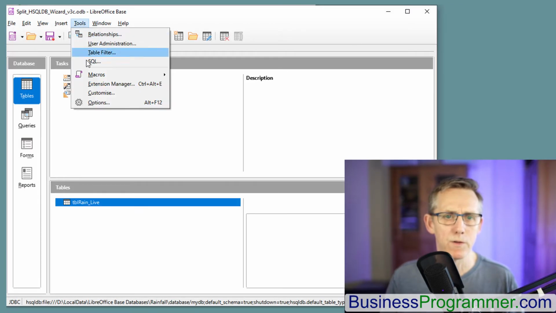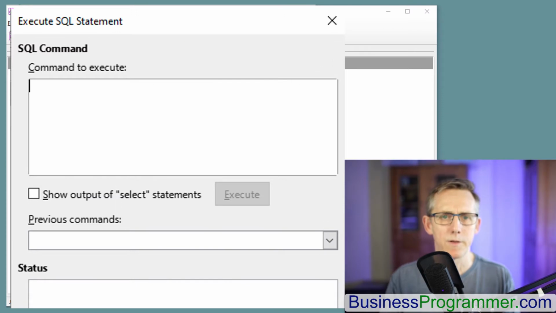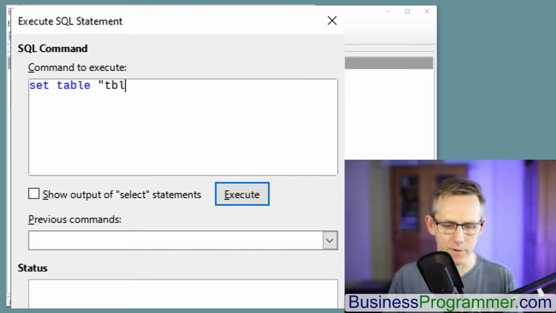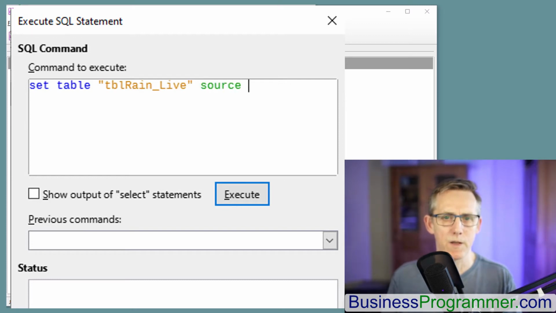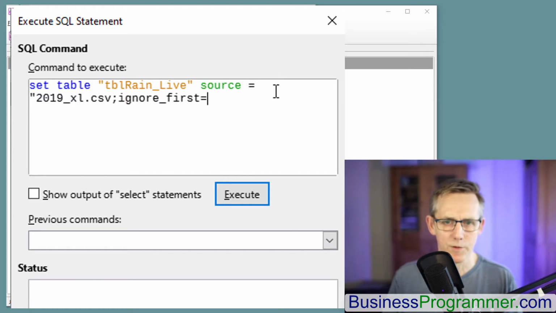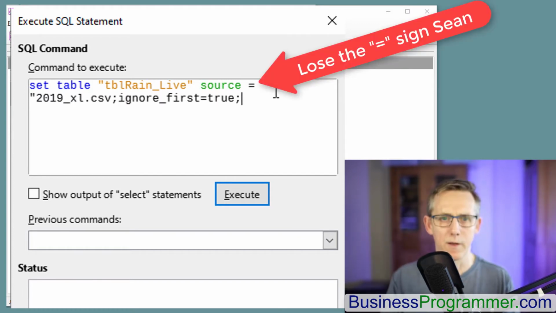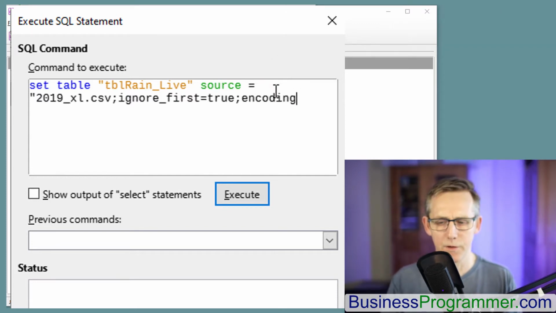If I go to Tools, SQL, again, then I put SET TABLE, open quotes, table rain live, which is the one we've just created, and I've got to say SOURCE equals, and this is going to be the database table source. So SET TABLE source equals, and let's just double check the source name. It's that. I'm just going to copy it. Control A, Control C. Source equals open quotes, file name, semicolon, ignore first equals true, quoted first equals true, and encoding equals